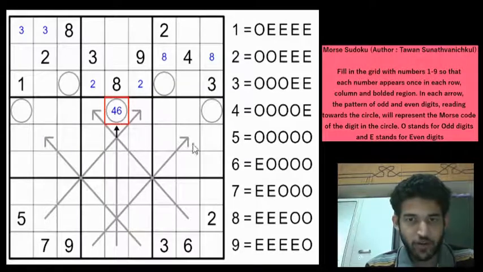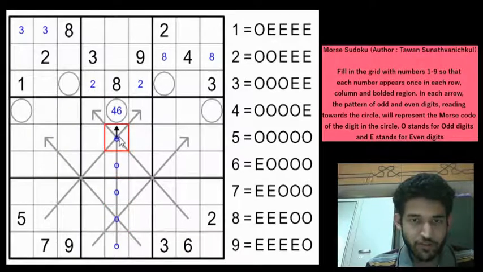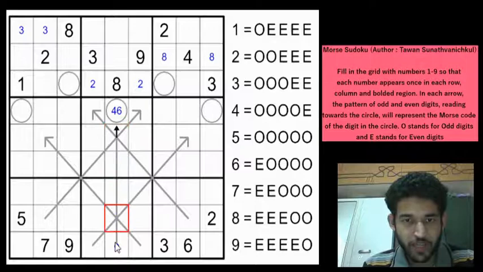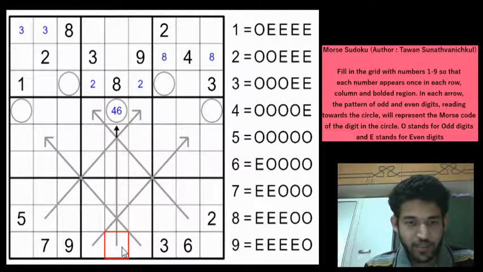If you have a 4, the Morse sequence is odd, odd, odd, odd and even. So you have to start from the bottom of the arrow, or rather the arrow stem. So this is a perfectly valid sequence. There is no contradiction. So 4 is possible. Can we have a 6 here? If you have a 6 here, then this is an even digit, and then we will have 4 odd digits